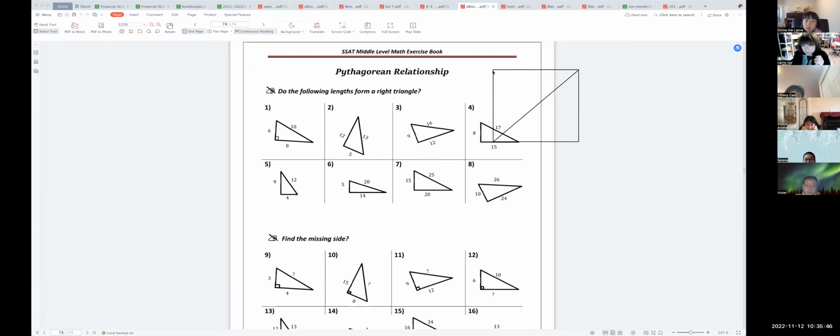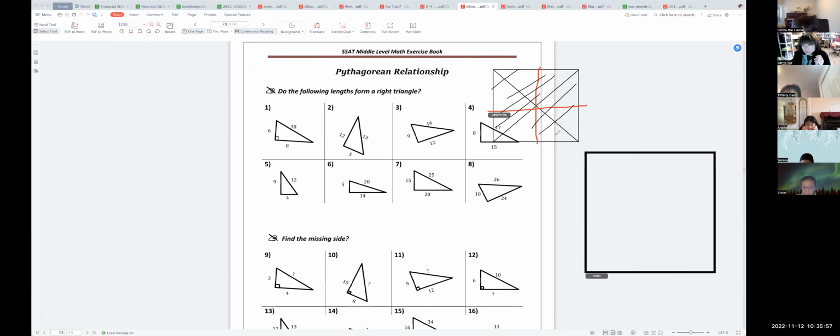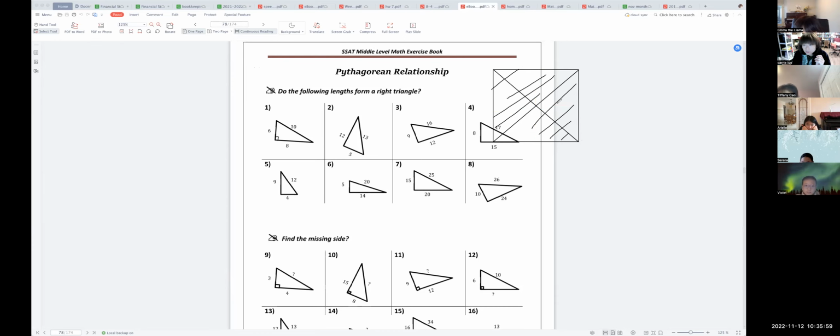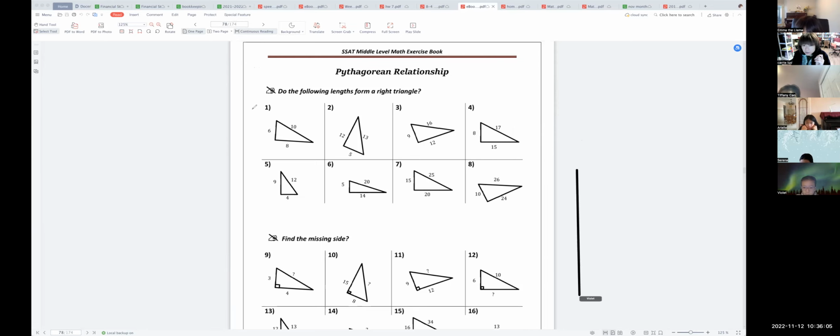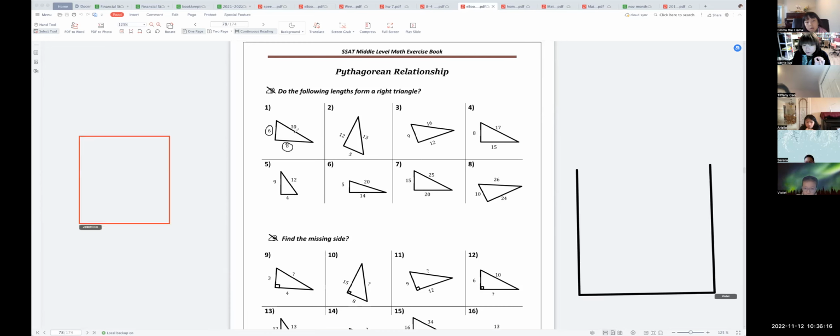Actually, let me show you. Let's take a look at this one. If I have a square, this is a right triangle. And this is also a right triangle, correct? And inside it, this is a right triangle as well. So as long as you have a right triangle, the shorter side squared plus the other shorter side squared equals